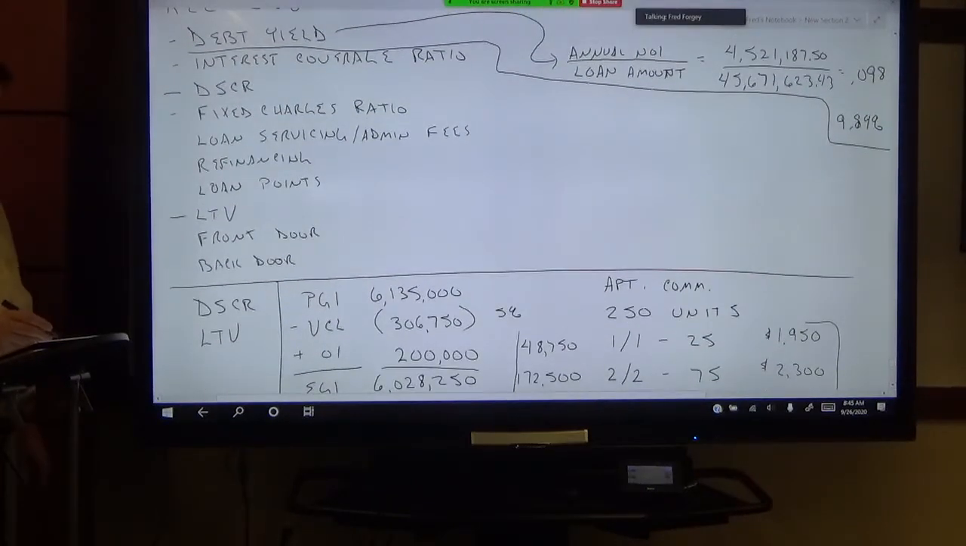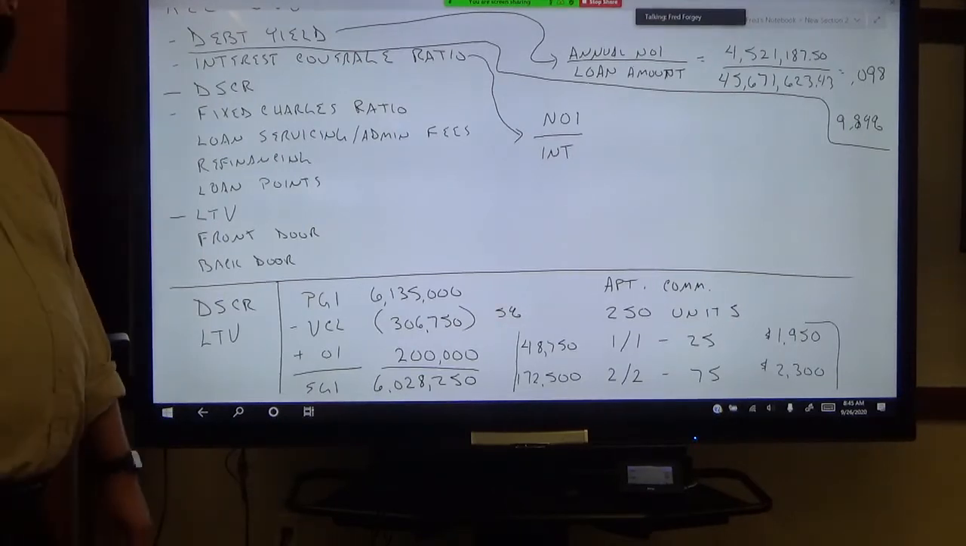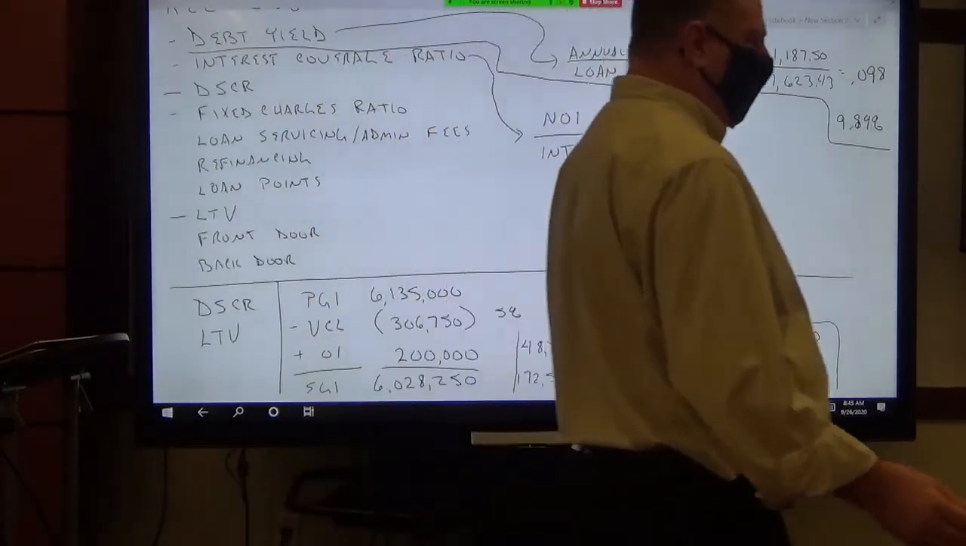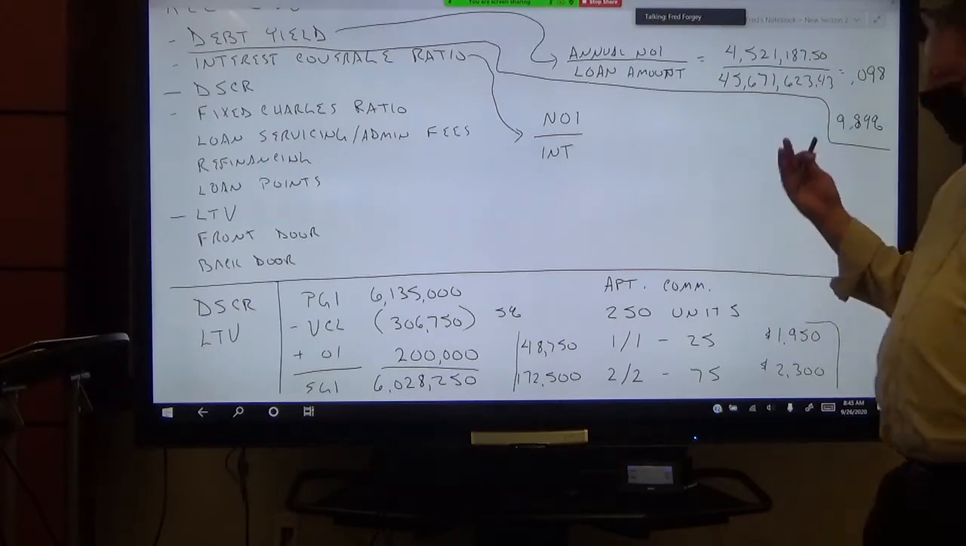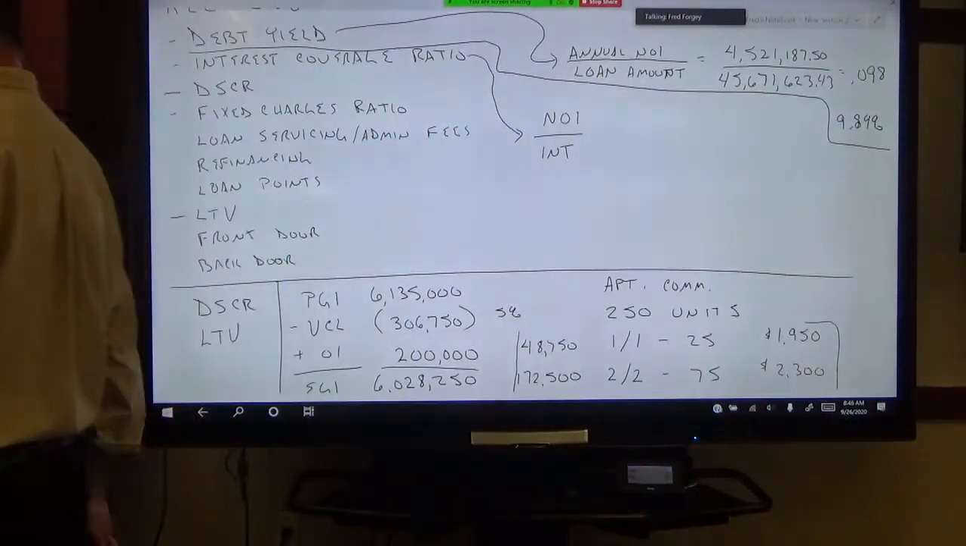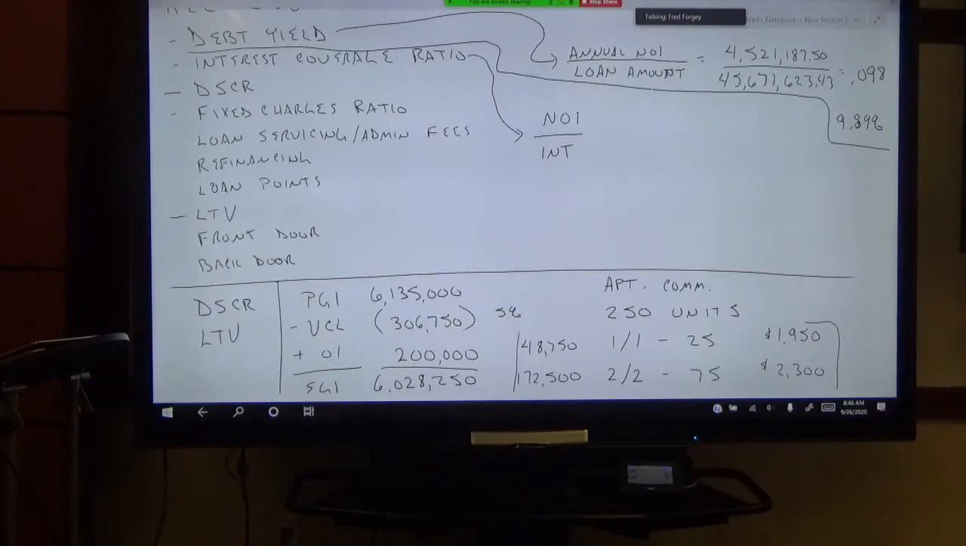Now, the interest coverage ratio, in this case, is net operating income divided by interest expense. So this is similar to the debt service coverage ratio, but this only takes into account the interest portion of the payment, okay? So if you've got an interest-only loan, sure, this makes sense. But if you have a traditional mortgage, I really don't know if this is going to tell you a whole heck of a lot. But nonetheless, if we were to, let's say,